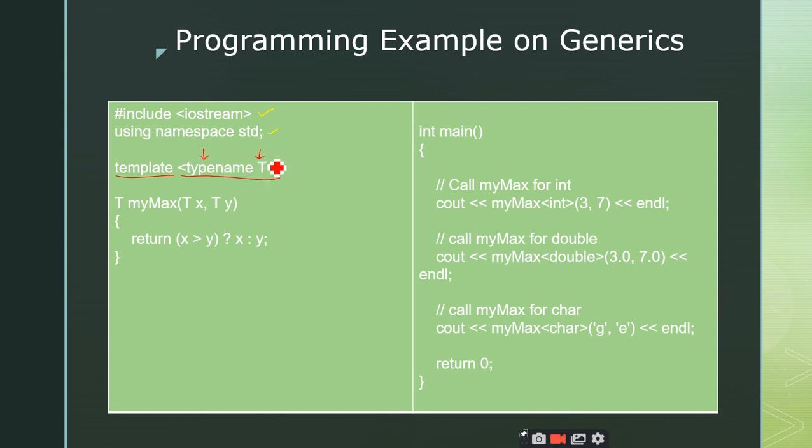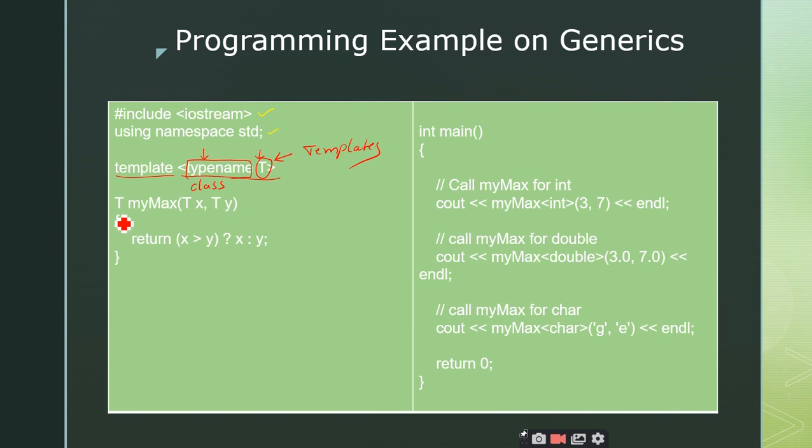In general, it is our convention that we use T to represent templates, nothing more than that. Right. So we have another keyword we can make use of here. Other than type name, we can also make use of class. Anything is okay, nothing is wrong.